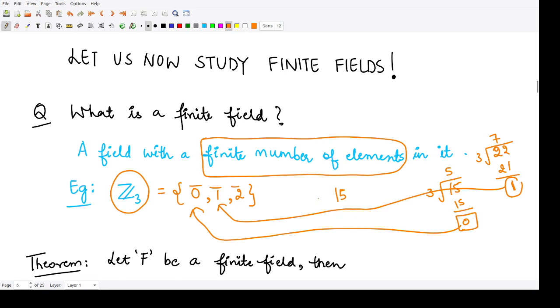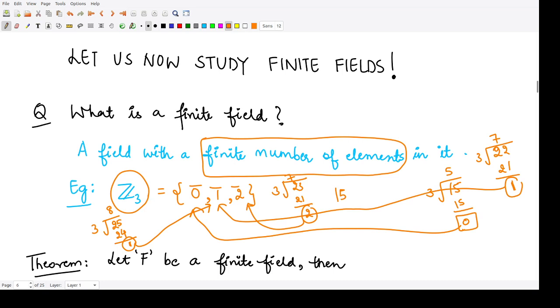And if you take some element, say 23, and divide that by 3, it will again go on 7, 21, and the remainder would be 2. So it will go to this 2 class. Now suppose you take some element 25. When you divide this by 3, it will go on 8, it will be 24, and the remainder would be 1. So you see, in every case you get the remainder as either 0, 1 or 2.